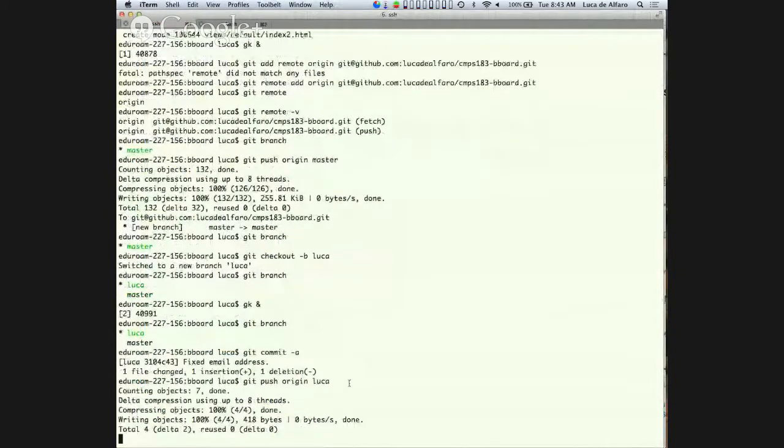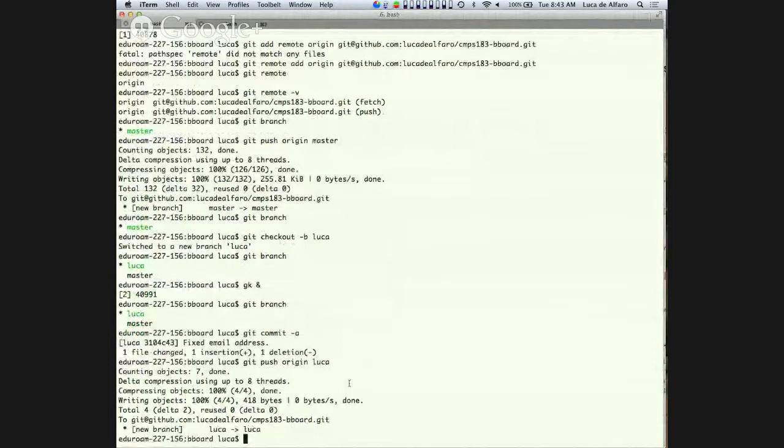Okay, but now essentially what I want to do from here is actually get his change. So what do I do? There are various ways of working, and I tell you the way I work because I think it's the best, obviously. Otherwise, I would use another way, right? So I do git fetch. Git fetch does not modify the state of anything I'm actually doing. It just fetches what other people have done, but it keeps it aside.